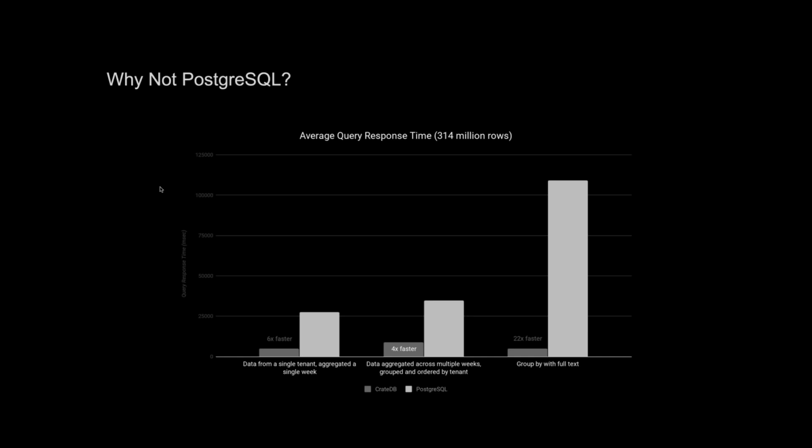This is because of CrateDB's ability to distribute the workload across an elastic cluster of servers, and so has more CPU cores working in parallel. And this is a unique feature of a distributed system and allows you to scale processing performance horizontally with the addition or removal of nodes. So most SQL databases are not distributed, and so they require you to scale them vertically if you want to